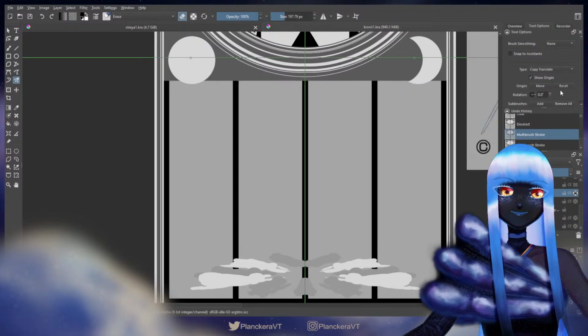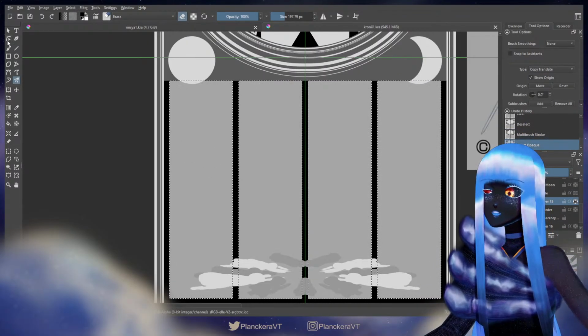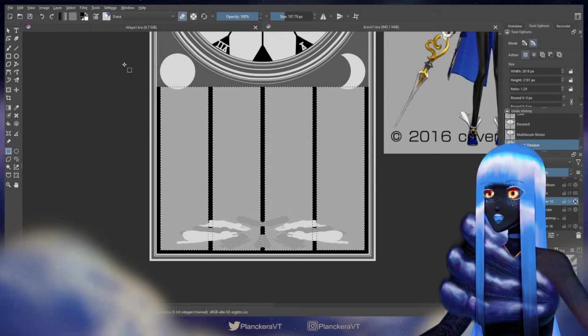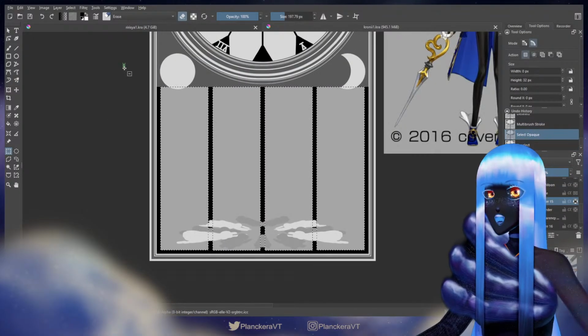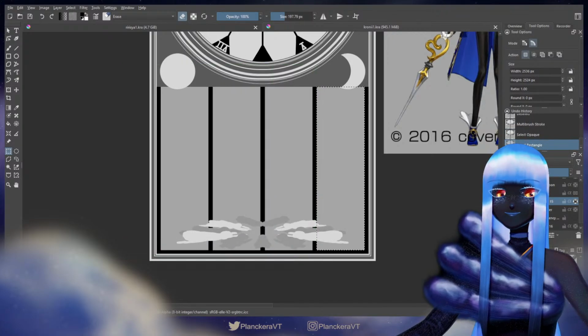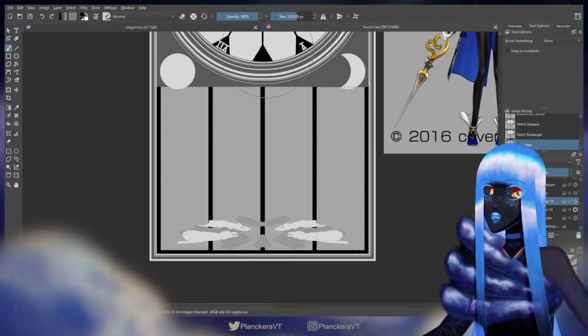Okay. So what I'm gonna do is I'm gonna try to find the exact center of this. And I actually do think it's important to get pretty dang close to dead center there. But that's easy, so it's fine. I'm gonna draw a line here. Just a thin one.